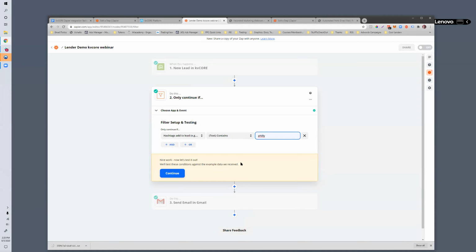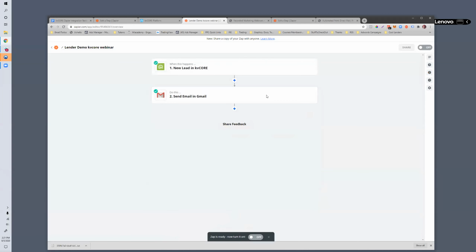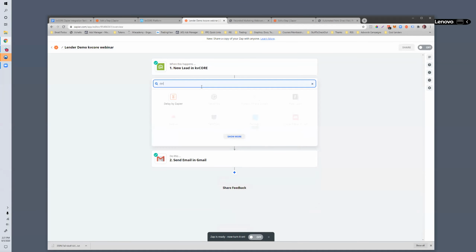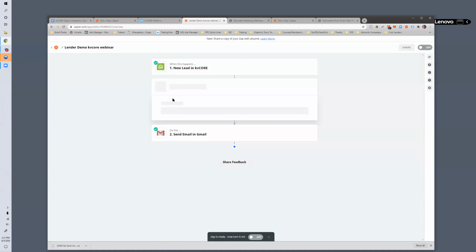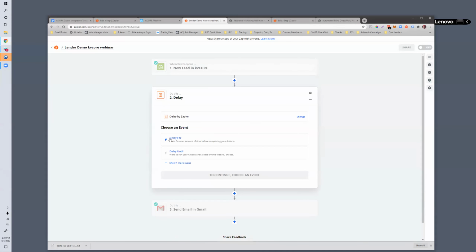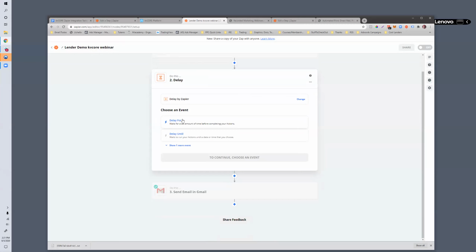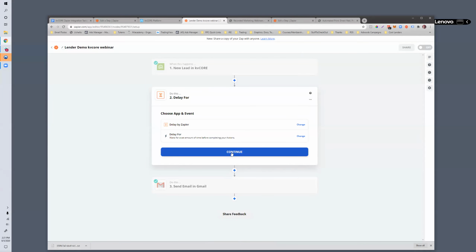the filter variable. The other thing you can do, another advanced thing, is they have this thing called delay. So I'm going to click the plus again right here. Delay. And this is a built-in Zapier function. I can say, hey, I don't want the lender to get this lead because I'm going to work it first. I'm going to be calling, and I don't want the person to get 20 calls right away. So I'm going to delay for,